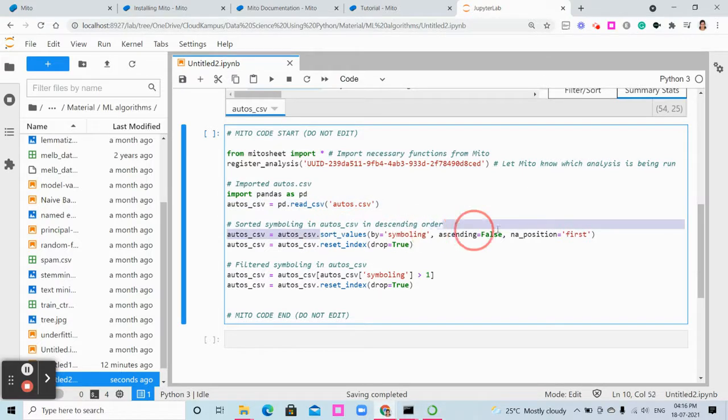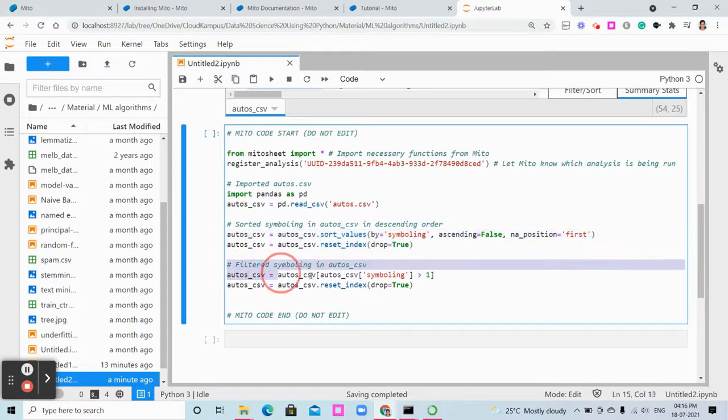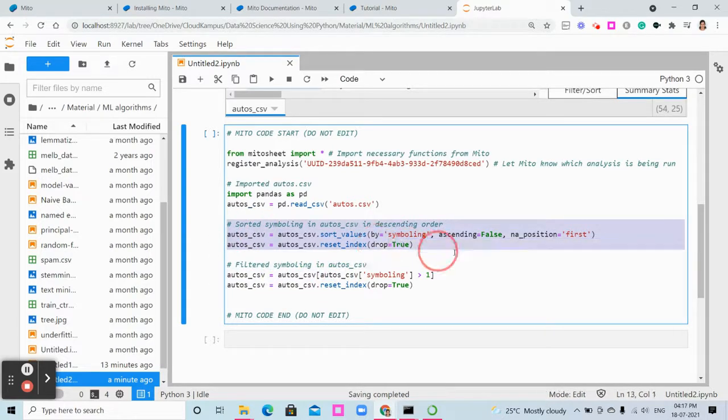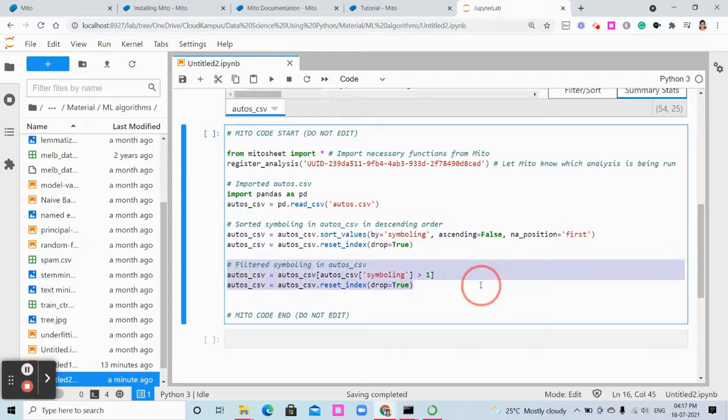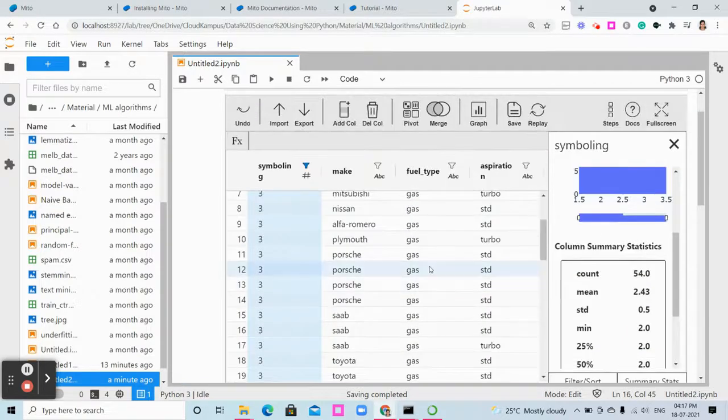Then I sorted the values, so that is generated. Then I used the filter, and it also adds comment lines. This is to sort the data, and this is to filter the data. Even more edits, if you want to do them, you can do from here.